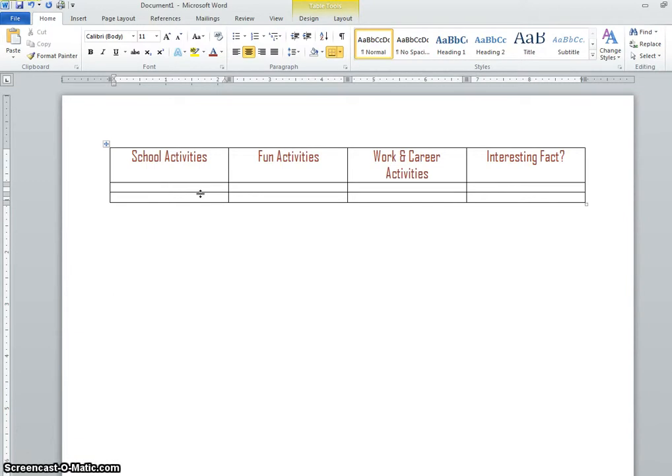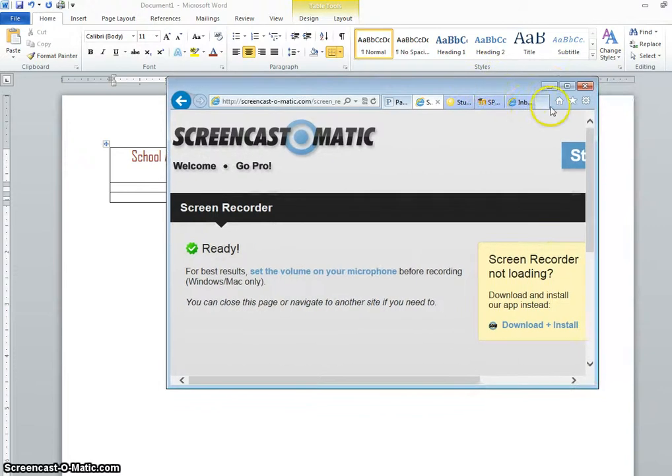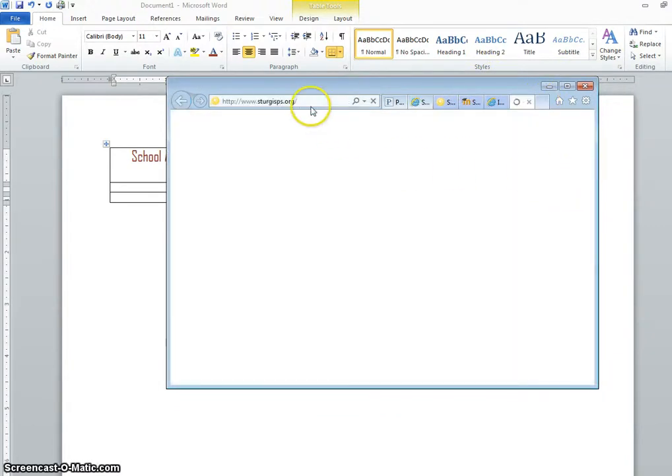Okay, now what I want you to do next, and I'll let you work on it for a minute, you're going to find a picture that relates to something that you do school activity-wise. And I'll show you how to find that here, and then you're probably going to have to use something online, right? Is that legal? Probably not, but we're not going to sell this or put this out on the internet or anything else. So what I want you to do here is, let's say that you were involved in